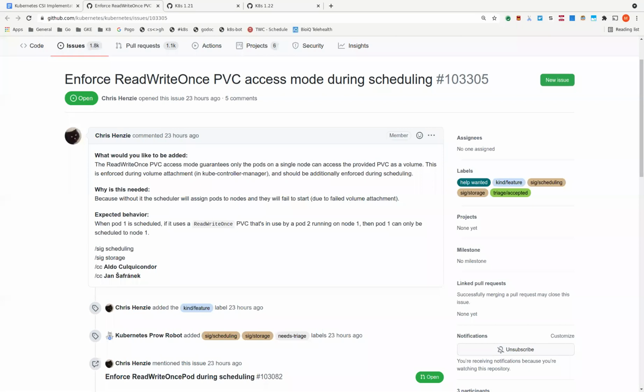No. Couldn't they be relying on the pod being stuck until the first pod dies and then the second pod is able to start? That behavior will still remain the same, right? The difference is just where it gets stuck. It's either stuck in the attach detach controller or it's stuck in the scheduler. Yeah, it will be stuck pending instead of container creating. Something like that. I'm fine with that.